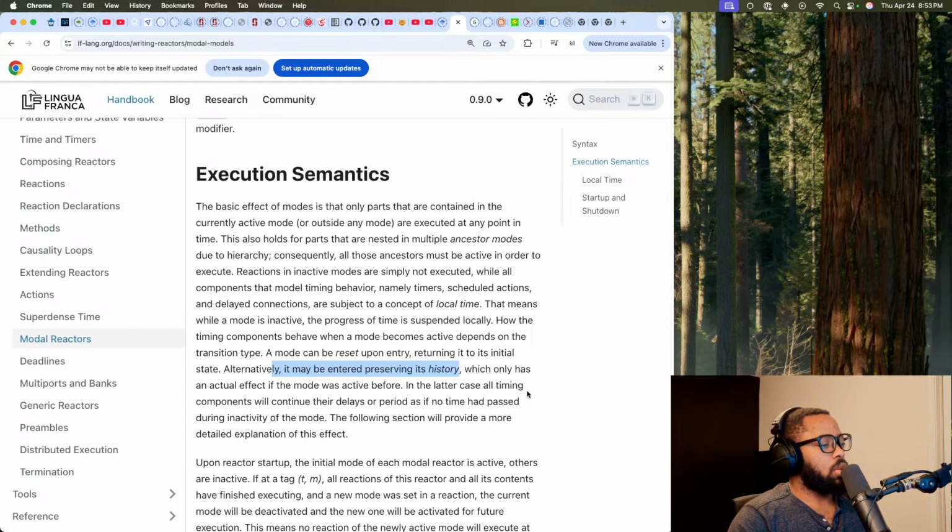In the latter case, all timing components will continue their delays or period as if no time had passed during inactivity of the mode. The following section will provide a more detailed explanation of this effect.